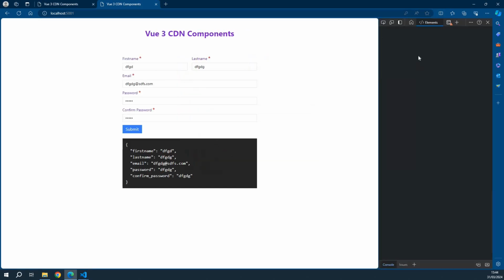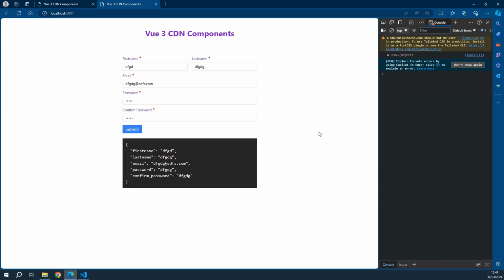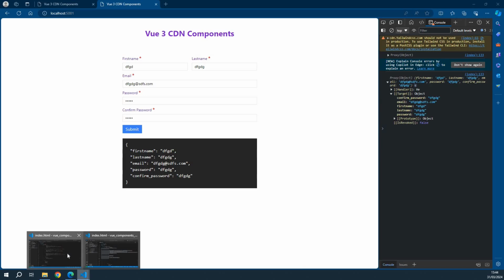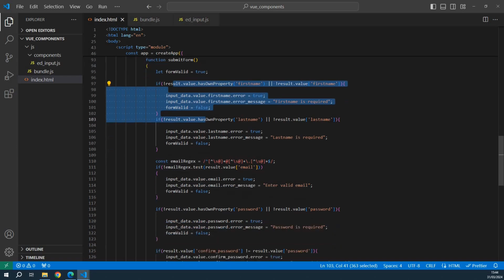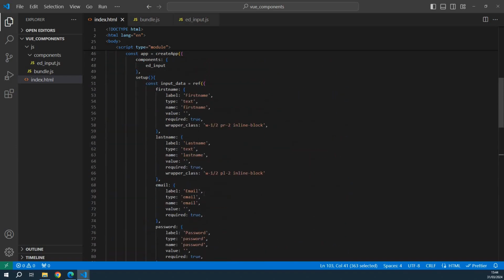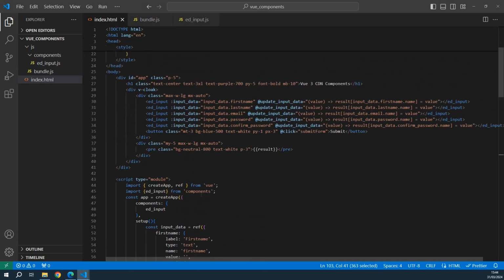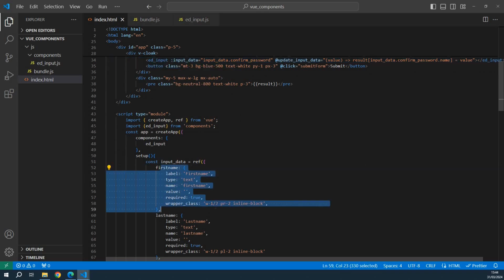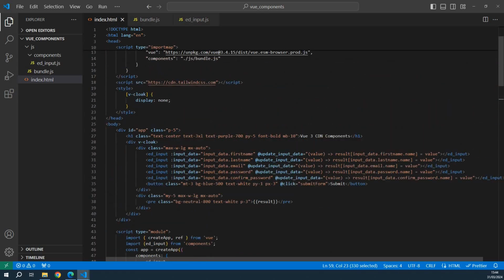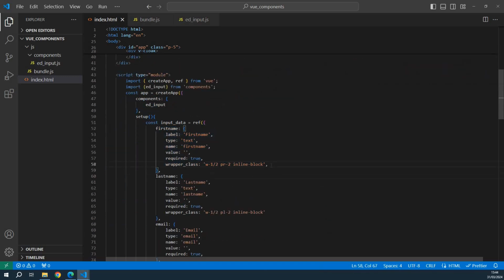So let me go to the console and let me submit it. As you can see, all the data is submitted, and this you can use with an API to send it to the server. So I think that covers everything, guys. The only thing is I don't like this manual way of doing all this validation. So in our next session, I'm going to create a form. Rather than typing this all out, all I want to do is send this object, and it should create a form. It should do the validation,